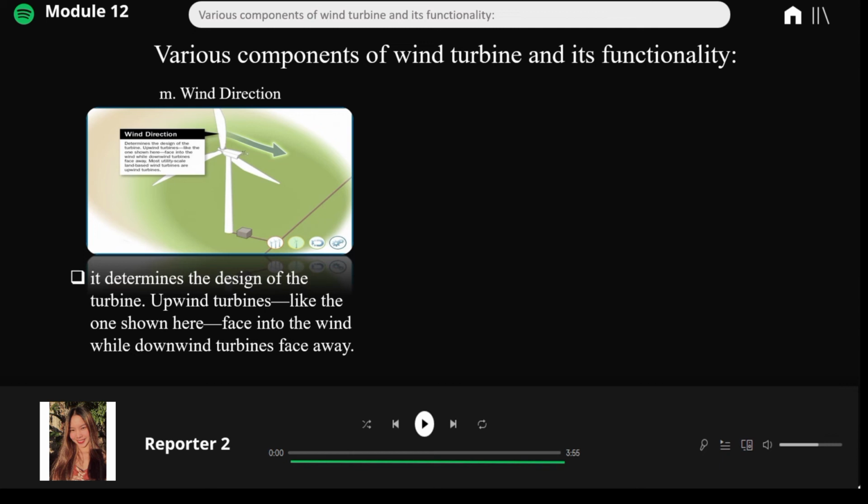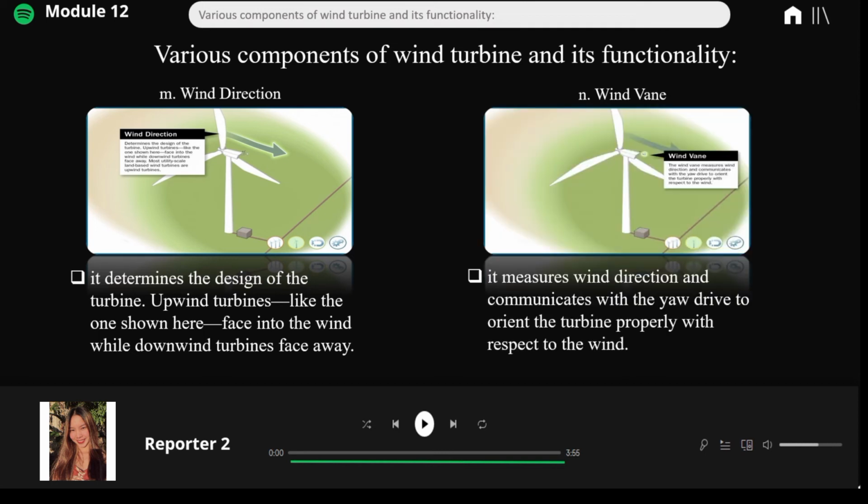Upwind turbines like the one shown here face into the wind, while downwind turbines face away. So, wind direction merely determines the design of a wind turbine. For instance, if it is an upwind turbine, it is facing into the wind. Then, the wind vane measures wind direction and communicates with the yaw drive to orient the turbine properly with respect